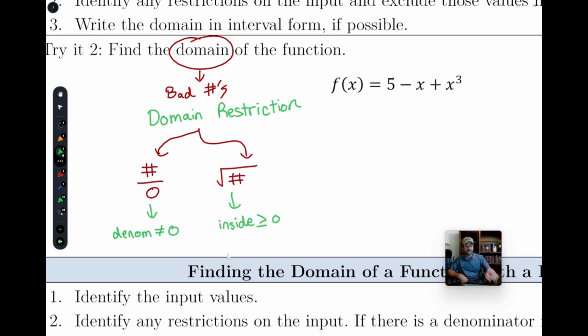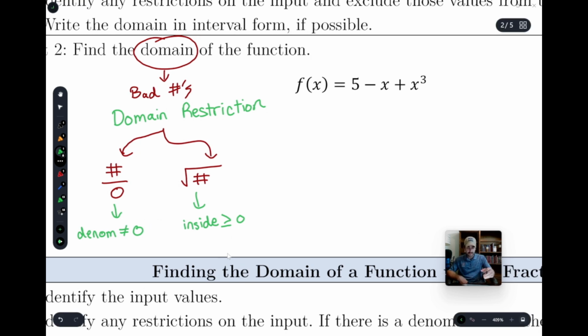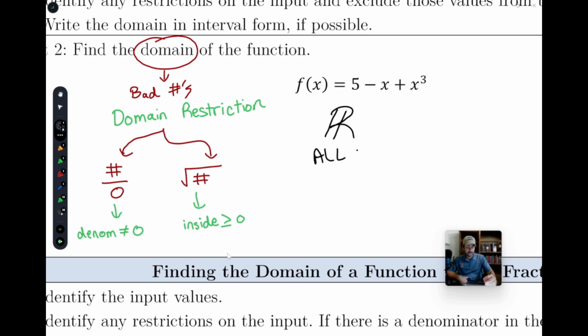And so when I look at this function and I ask myself, is there any denominator? Is there any x on the bottom? Is it a rational function? It's not. And so we don't have to worry about the first domain restriction. Is there a square root? There's not. And so we get to report all real numbers, or all real